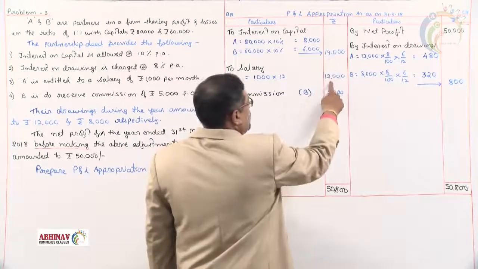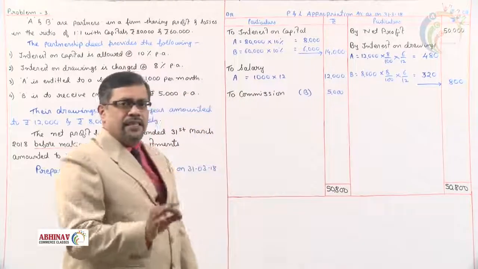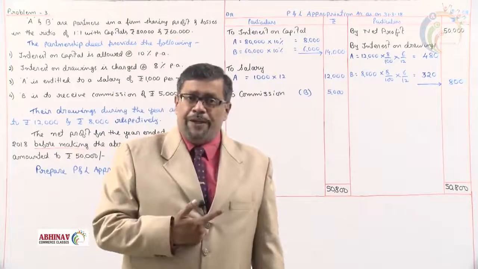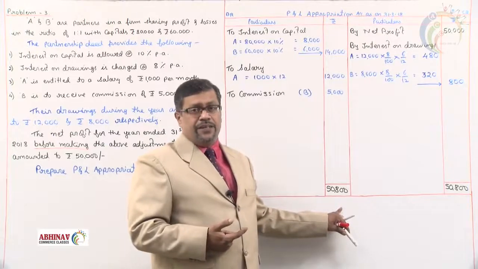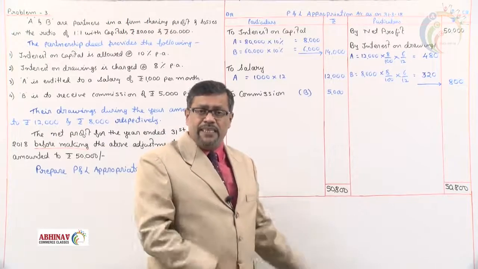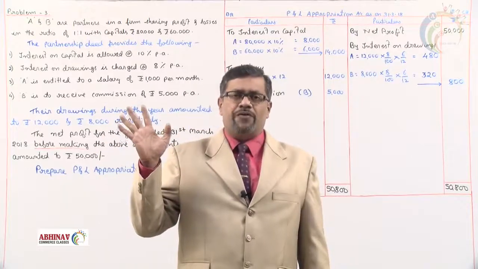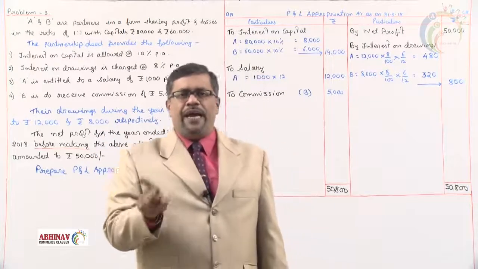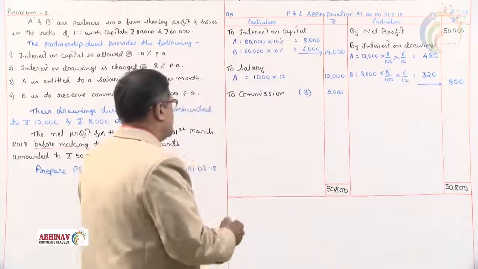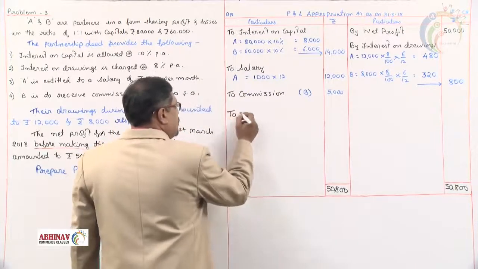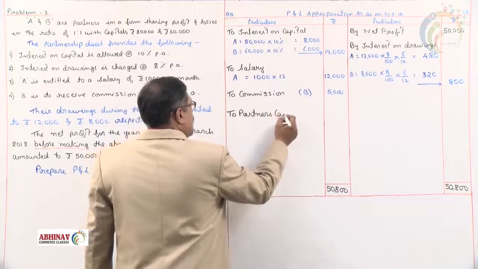Now, 14 plus 12 is 26. 26 plus 5 is 31,000. Debit total is 31,000 and the credit side is 50,800. That means the difference in that is 19,800 rupees is our profit, which will distribute among A and B in their profit sharing ratio and record it as to partners capital account.